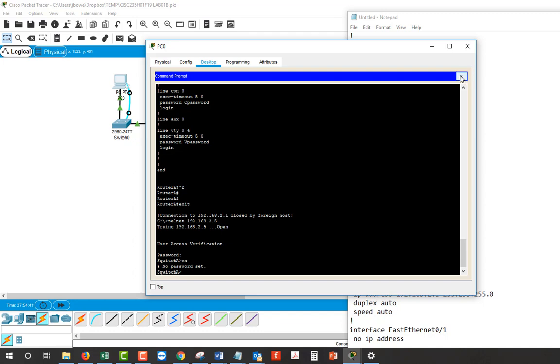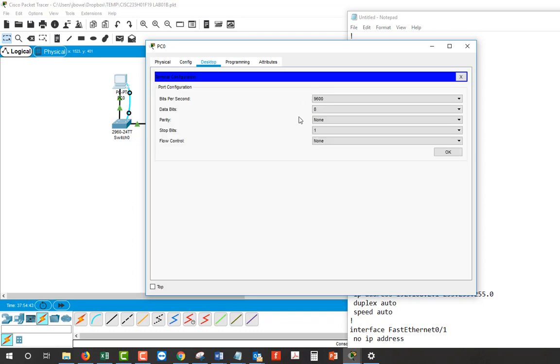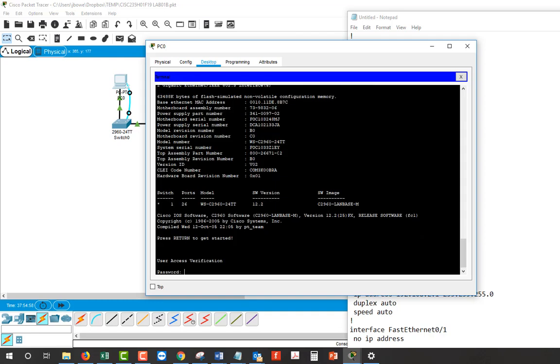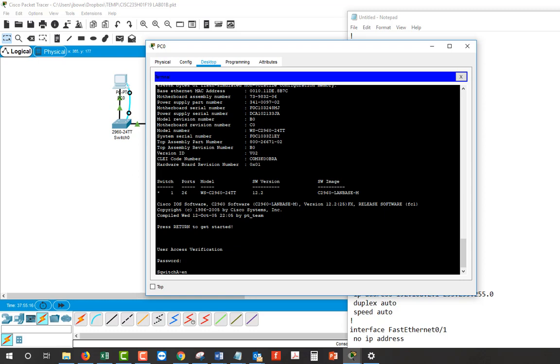Forgive me, this might be a little confusing. We're going to go back to a terminal session. We're still connected. Our console cable is connected into the switch, and we are going to go in here. Now at this point it's asking for a password only because we're coming in through the console or using a terminal session. We want to use capital C, then lowercase password. Okay, then EN,